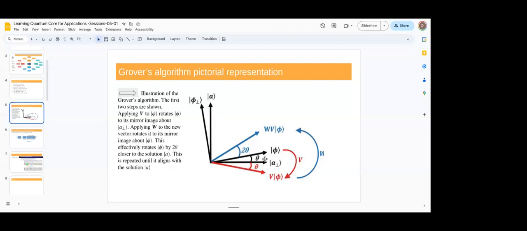All of them are superposed together to create a phi, which is the all-superposed vector, and the other is the victory or the target. So you can have A as the target and phi as the superposition of all. Then if you rotate your phi, now A and corresponding to A, we are talking in